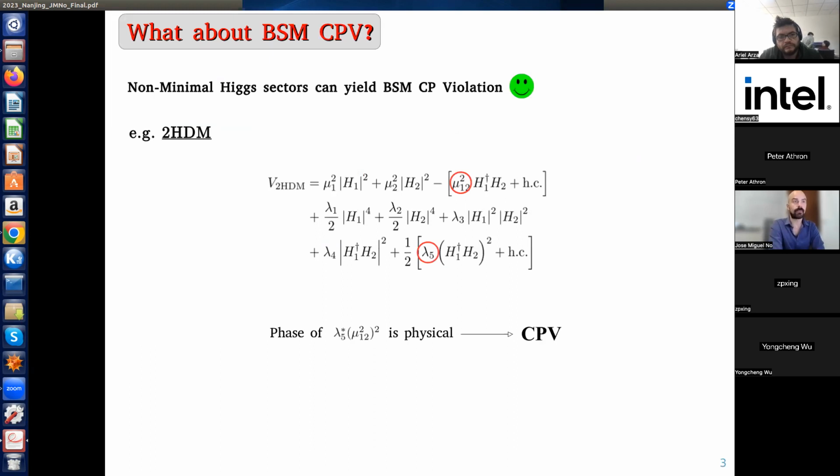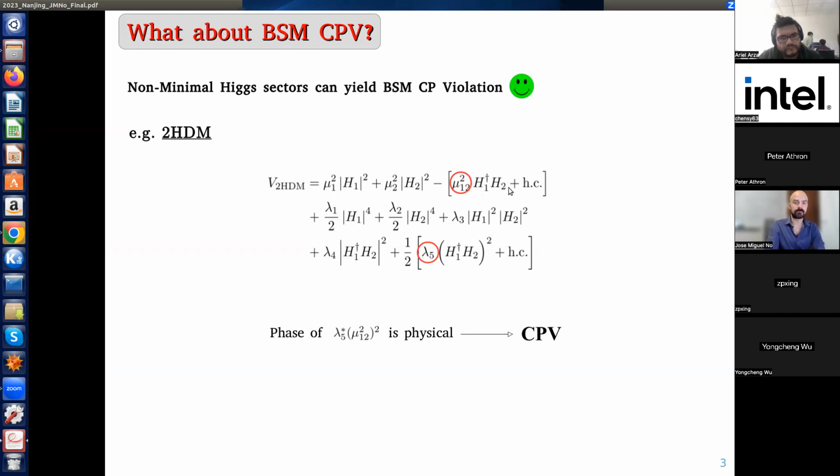So what about beyond the standard model CP violation? What about the other ingredient? Now, these non-minimal Higgs sectors, these multi-field setups that would allow for, say, tree-level barriers, or would give a first-order electroweak phase transition as one of the possibilities, in many cases can also give new sources of CP violation beyond the standard model. The canonical, the poster child example for this is the two-Higgs doublet model, where I have a theory now with two scalar doublets,